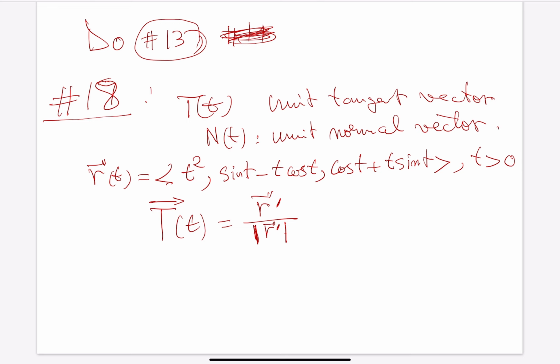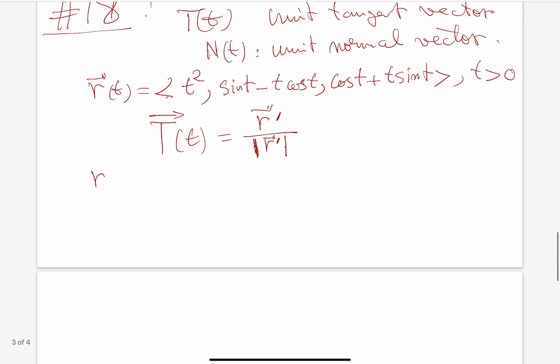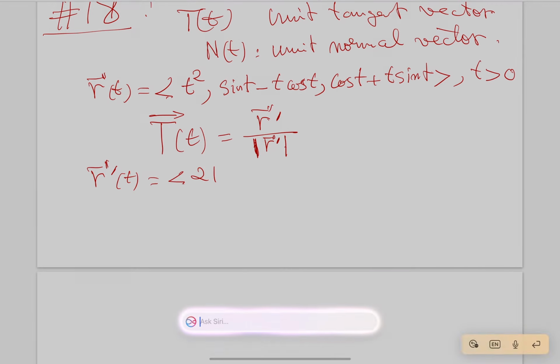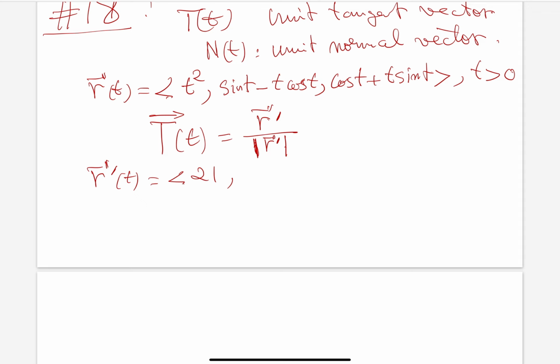That's why it's called unit tangent vector. Make sure you write down the r on top. So now, let's take the derivative. You have r prime of t. You will have 2t. Take the derivative of this one, you will have cosine of t minus this one, you have cos t. And take the derivative, you have positive t